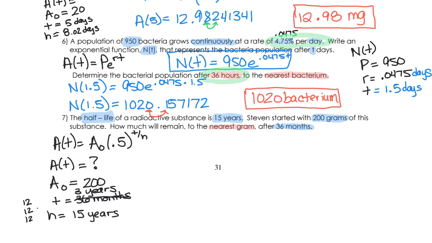Okay. All right. I think we have all of our information. So we're going to go ahead and plug it in. And this formula, guys, is going to turn into A of 3, or you can keep it A of t. Like I said, it doesn't affect your answer. Your initial amount is 200, in parentheses is 0.5, raised to the t, which is 3 years, divided by your h, which is 15 years. All we have to do, guys, is type that right into our calculator exactly how it's written. And we're going to end up with